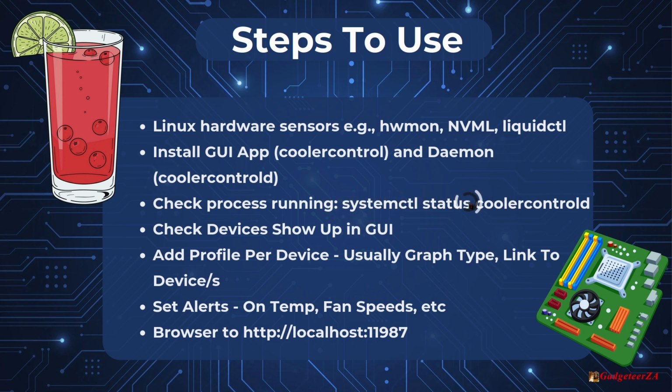space status space CoolerControl D, which is that daemon process. That will just tell you if the status is all okay and it's working fine and so on. Then you know that the background process is running. What you then want to do is just start up your actual application, the CoolerControl. So whether you run it from the menu or you just run CoolerControl from the CLI, it should start up